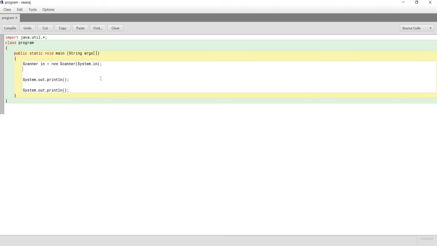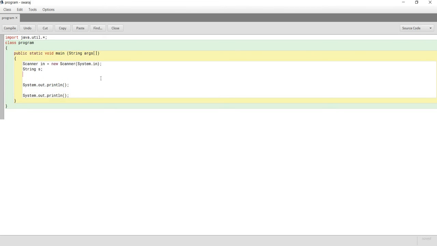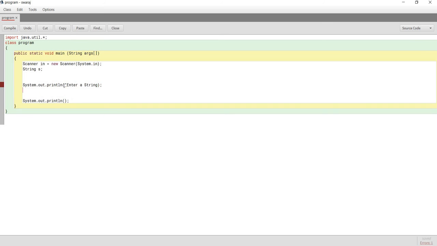As you can see on your screen, I have written the basic program which contains header files, some empty System.out.println statements, and obviously declared the Scanner class. Let's begin our program by declaring a string s semicolon. Now let's ask the user to enter a string for us. Let's accept that string using the statement s is equal to in.nextLine